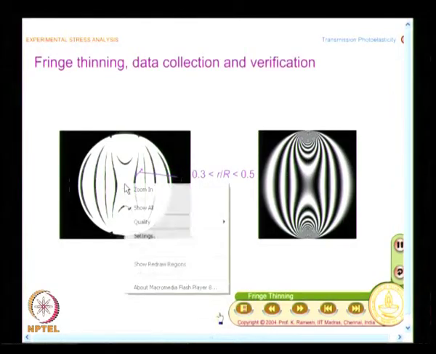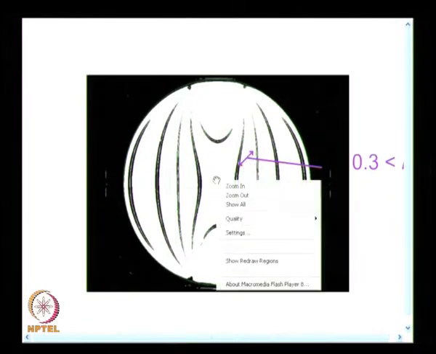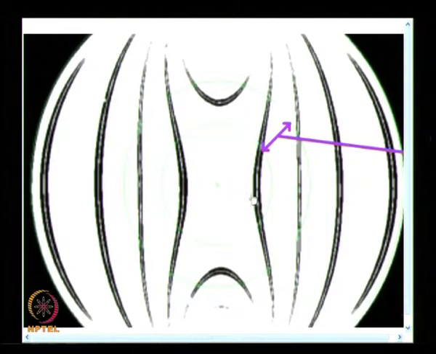I have the data to be collected only in this zone, and this is the annular zone I wanted, and I can also zoom it further. So, what I see here is I have the black fringe in which I see the white line as fringe skeleton, and in this zone I can definitely find out 40 data points, because our requirement is only 40 data points. So, for the problem on hand, I do not have to worry about information extraction in the stress concentration zone, I have the necessary data.